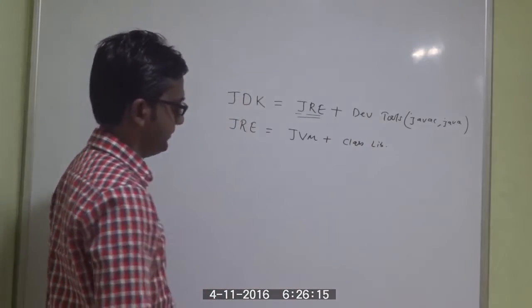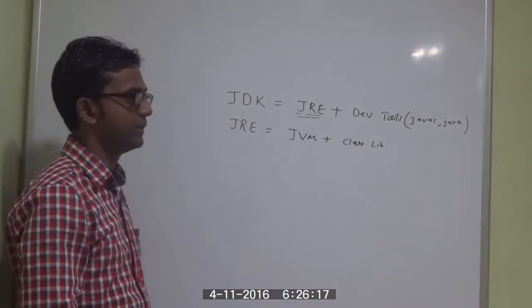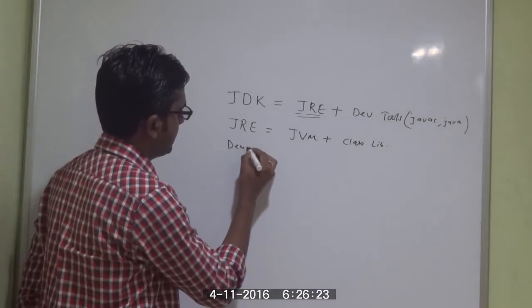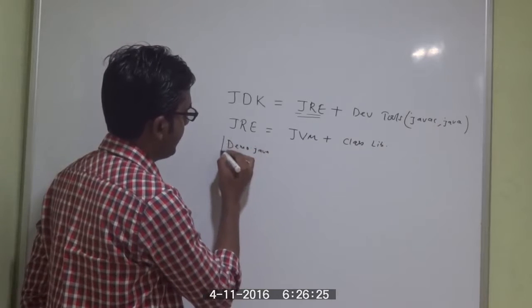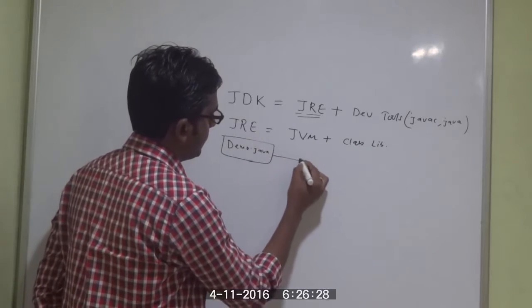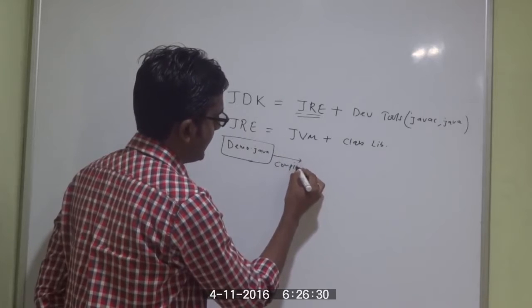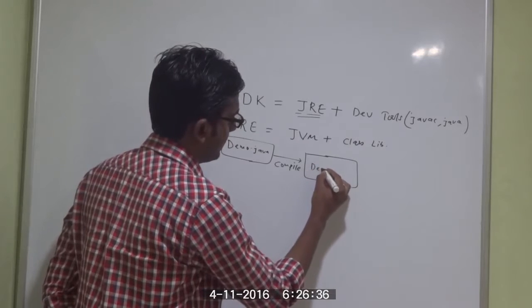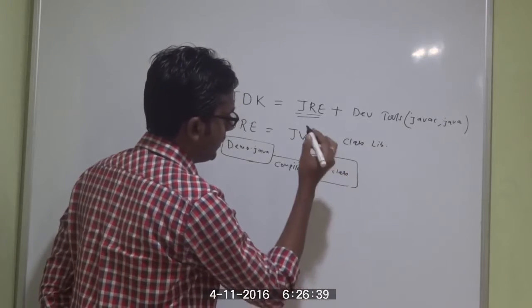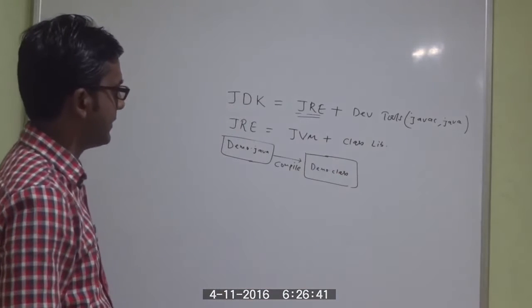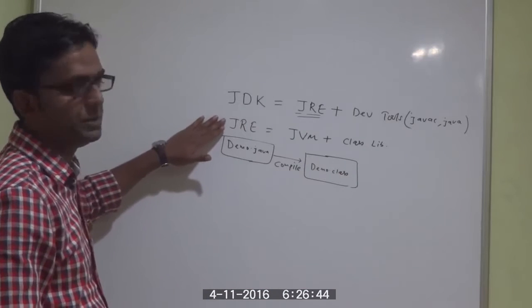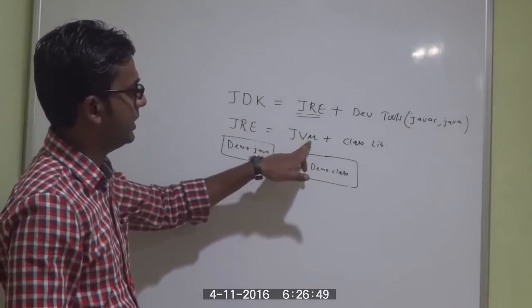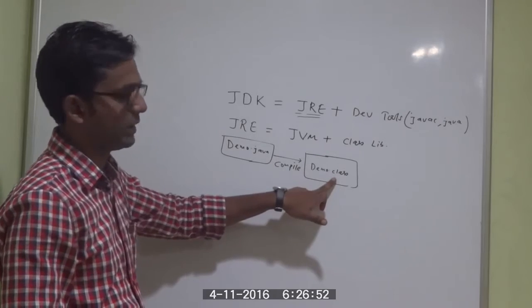I told you that after compiling a Java program, a .class file is created. Suppose Demo.java is the source file. We compile this by using the javac compiler. Then what will happen? A .class file will be created, as I discussed. Now, to execute this .class file, what do we need in our machine? We need JRE. Now, inside the JRE, this JVM is responsible for executing this .class file and producing